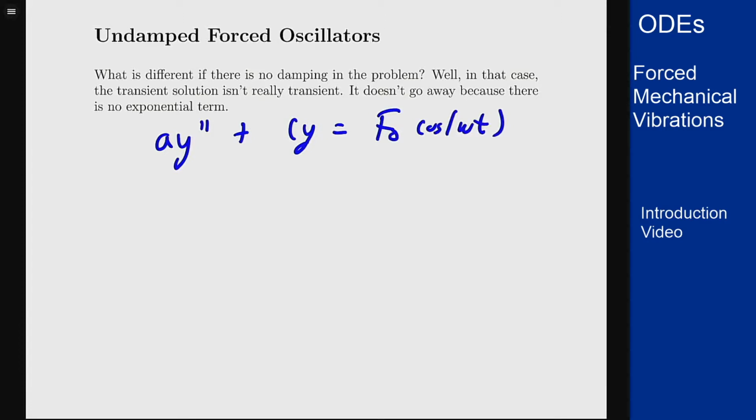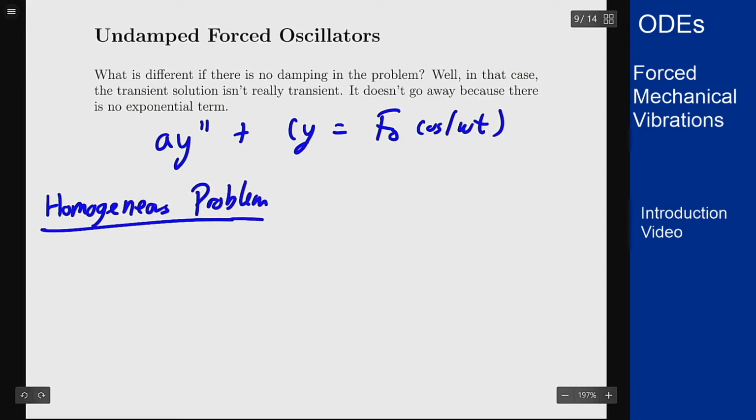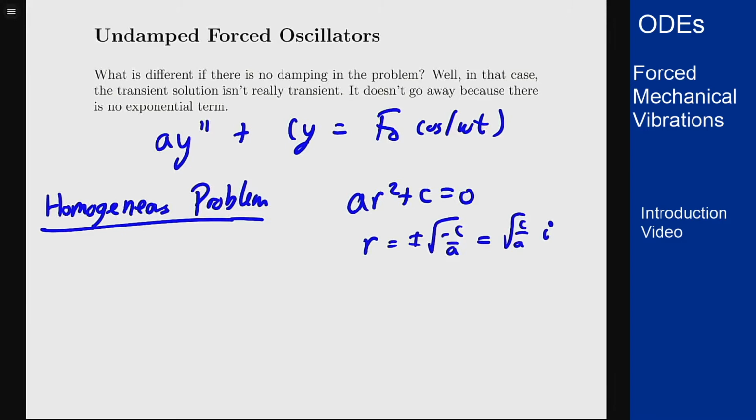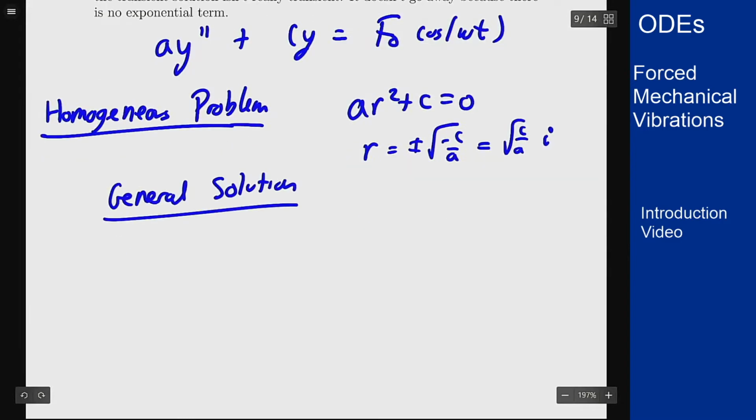What do our solutions look like for the homogeneous problem here? We can just solve it however we want. We have a r² + c = 0. So r is plus or minus the square root of negative c over a, which is root c over a times i, which means that our general solution for the homogeneous problem is c1 times cosine of root c over a t